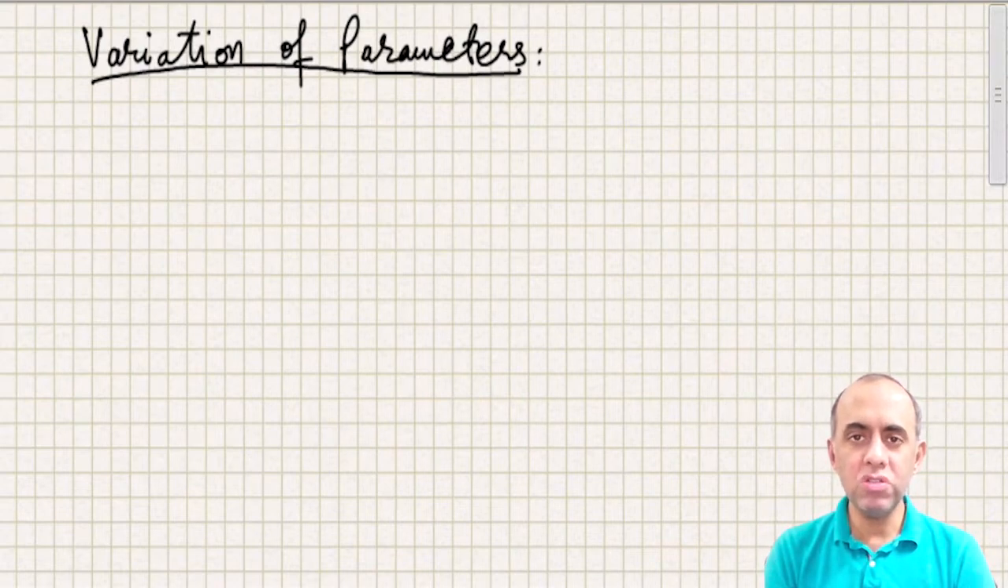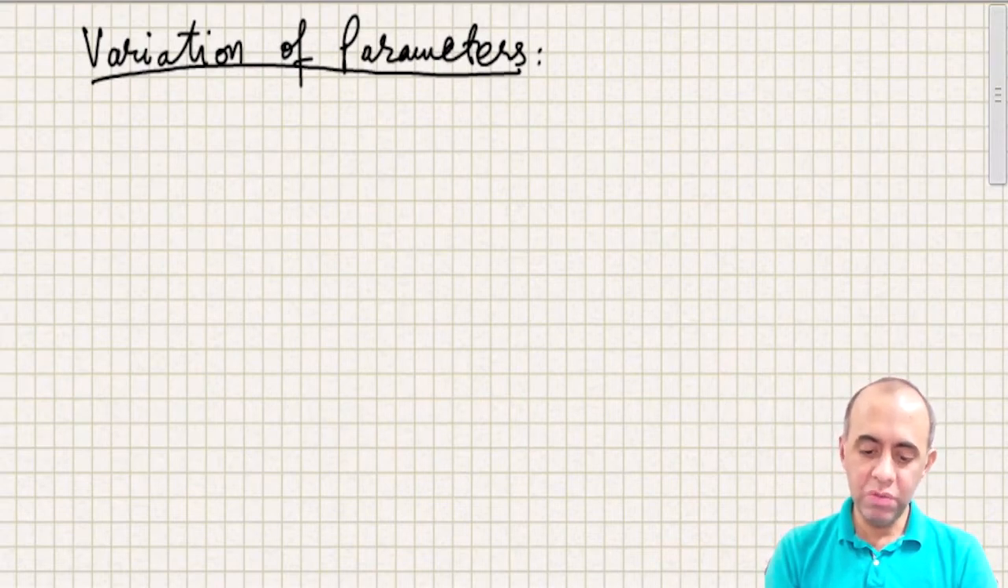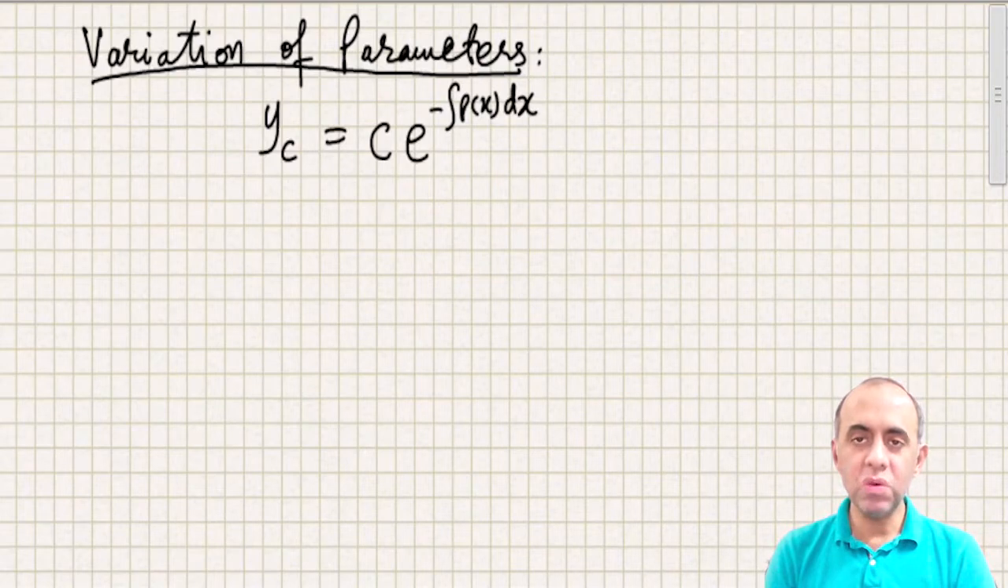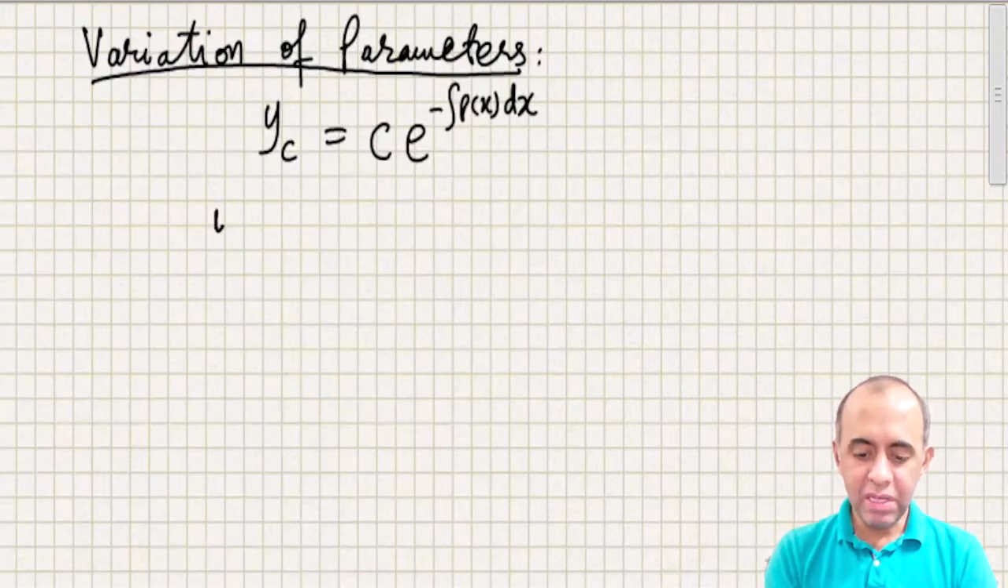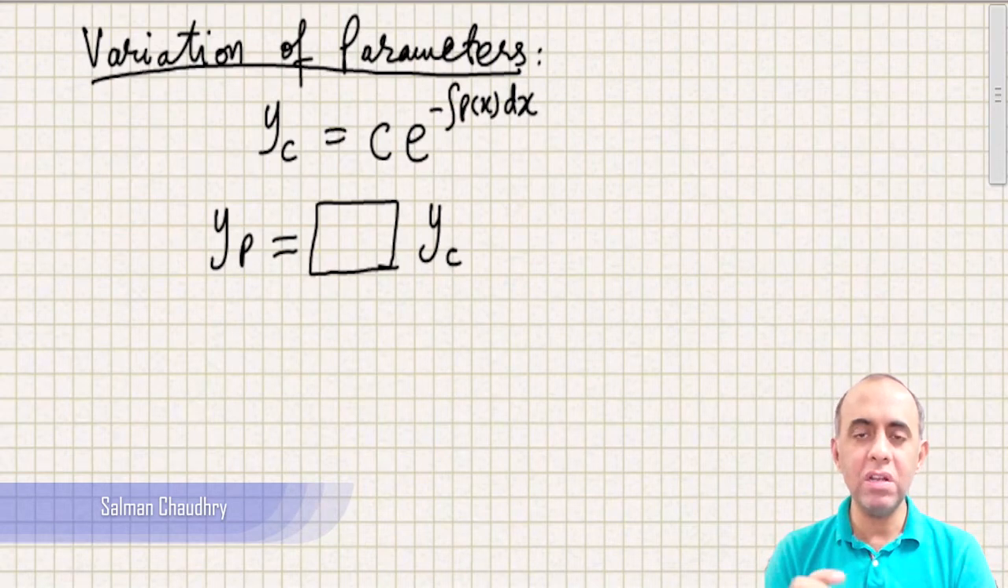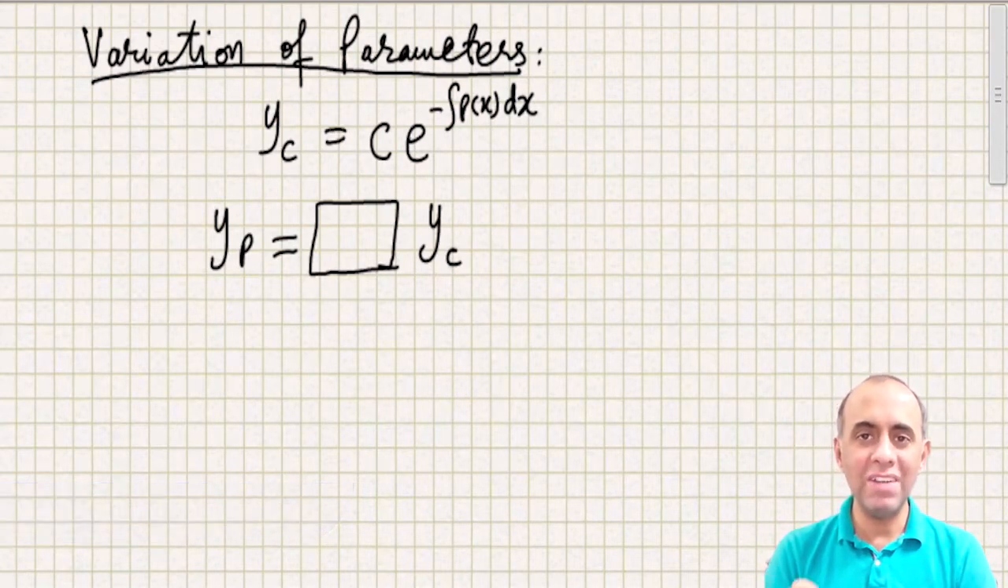previous or an old solution to find a new solution. Now you must remember that we just calculated yc equal to c e to the power minus integral p of x dx. So this was the first solution that we got for our differential equation. We have got the first solution, which is yc. Now yp can be based on, I will draw a box here, and yc. So yc and yp could be related to each other through this box, and we don't know what this box